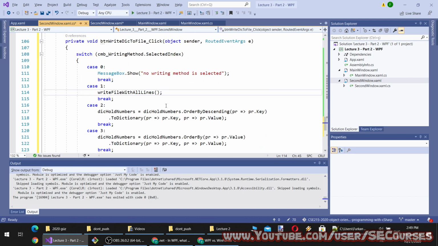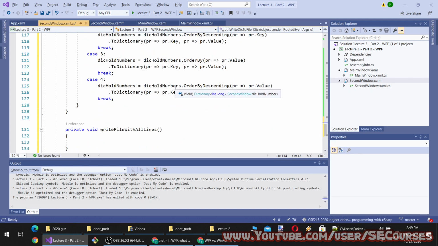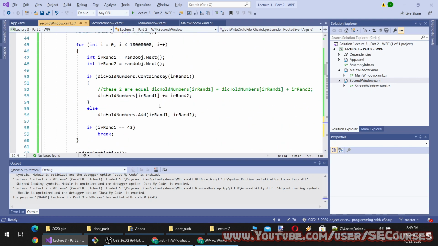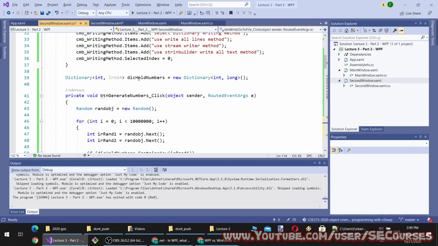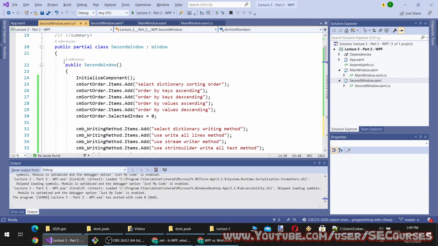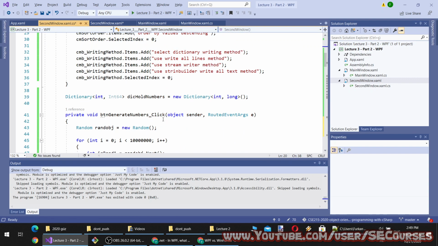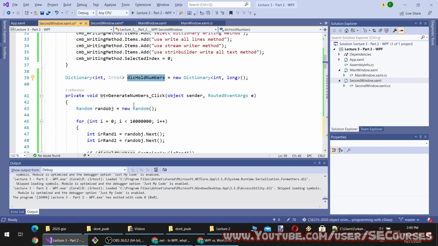So everything is currently not static. They are all instance based because we have a single window of that window, not multiple clients using the same interface. You will understand it better in future. And since this dictionary is defined under the second window class, all methods inside the second window class can access this dictionary.